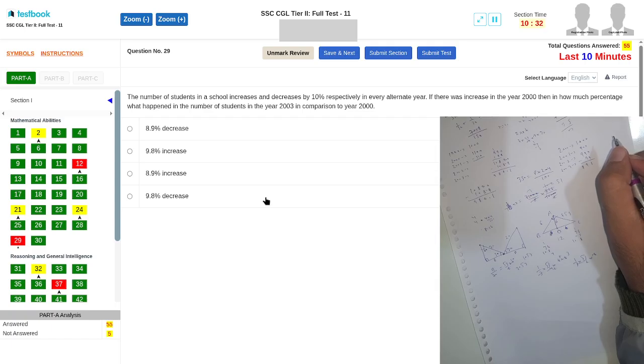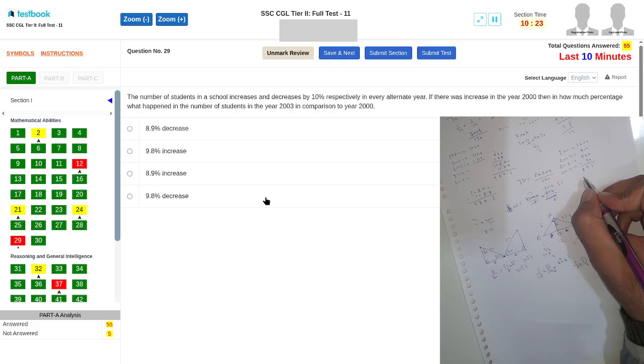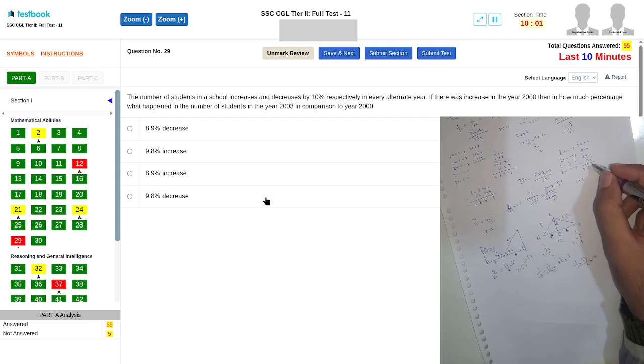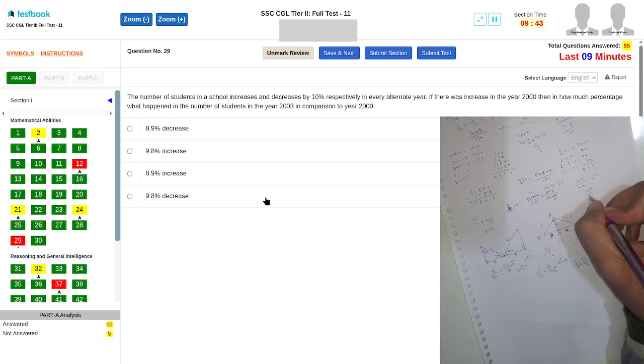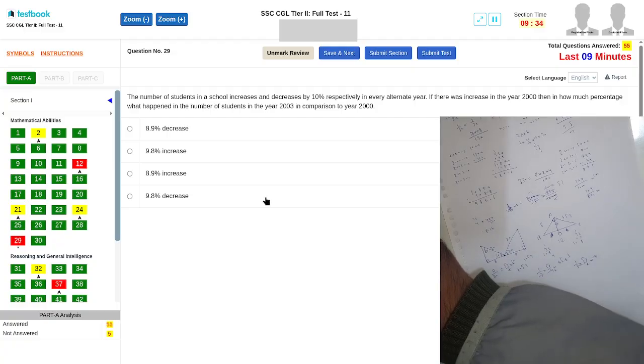And how much percentage would happen in evolution in comparison to the... तो वही 109. क्या पता